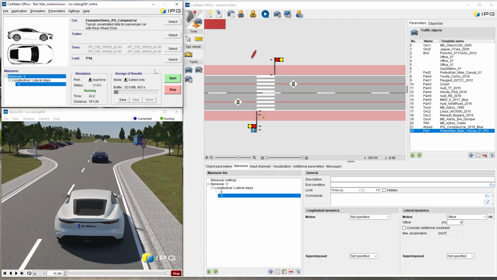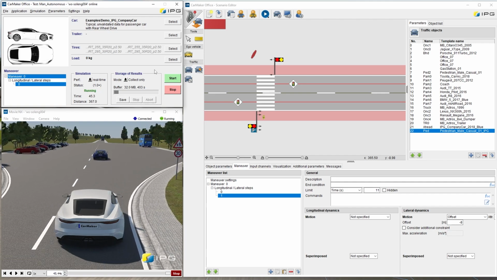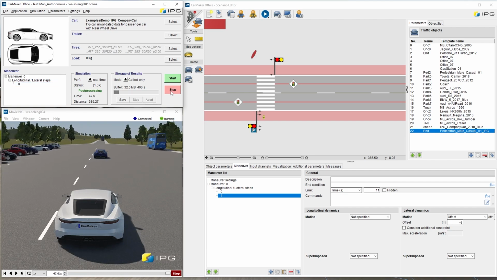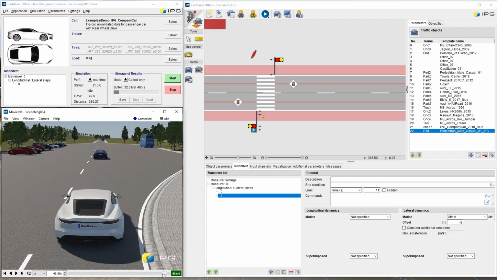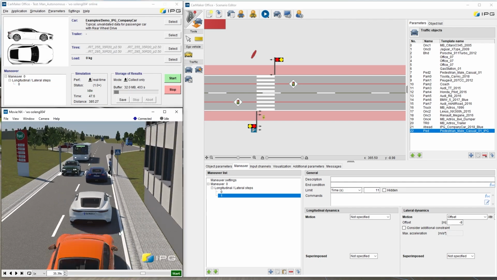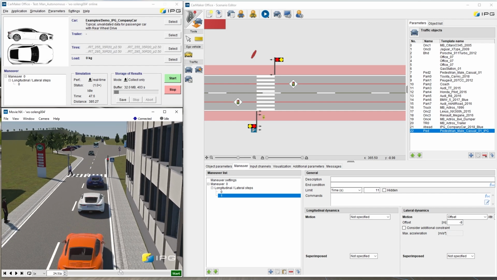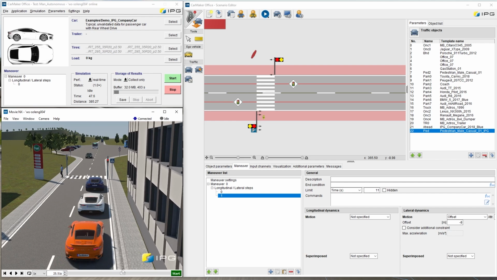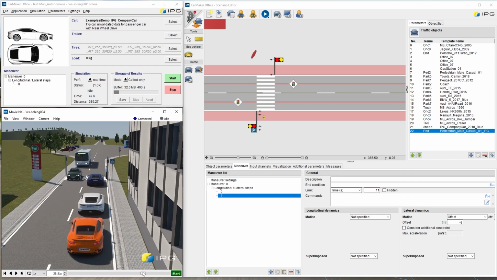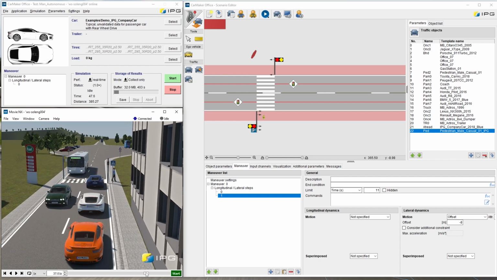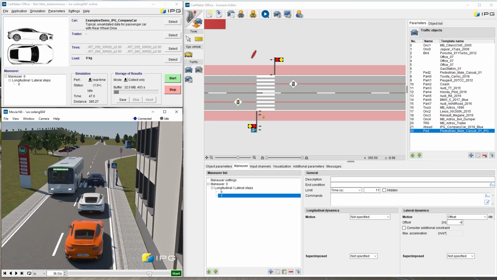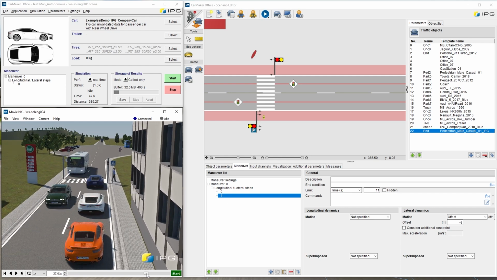Other traffic objects also react to the situation, e.g. the vehicle behind us. I will show you. Here we're driving to the traffic light, it's already red. The vehicle behind us also stops. After it's green, all cars drive away. But after the next stop, we also see the Porsche behind us is also braking again.